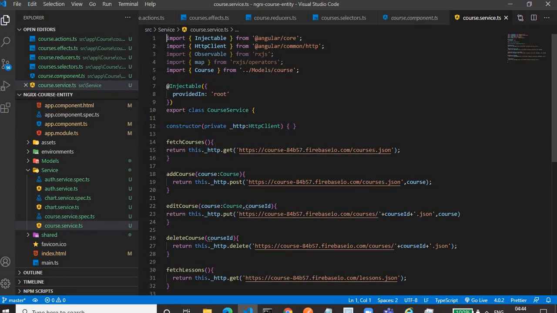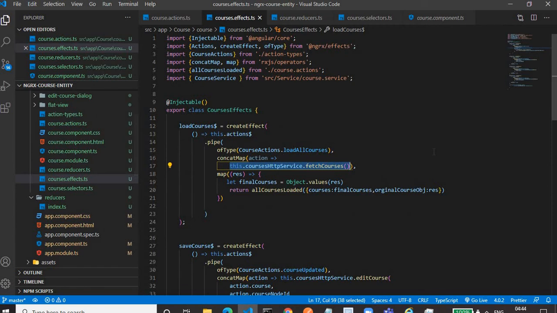The fetchCourses is just a get call, and we have provided the API URL. Okay, that's it. So we call the Ajax call using the concatMap operator. This also we have to import from rxjs/operators.